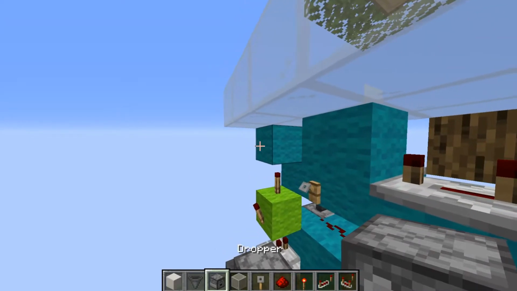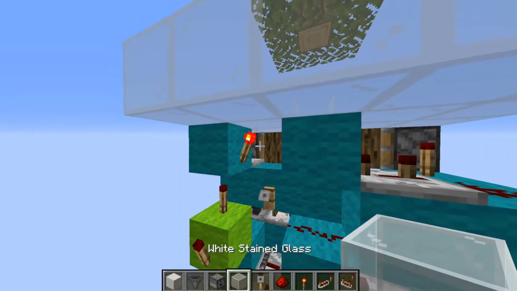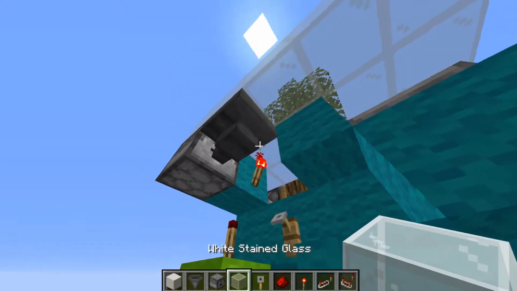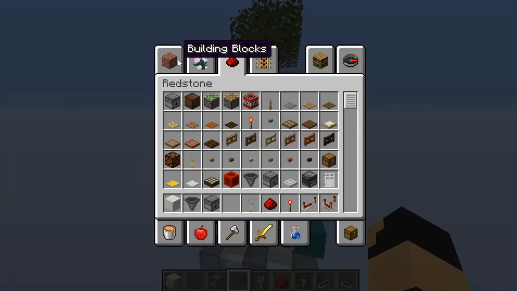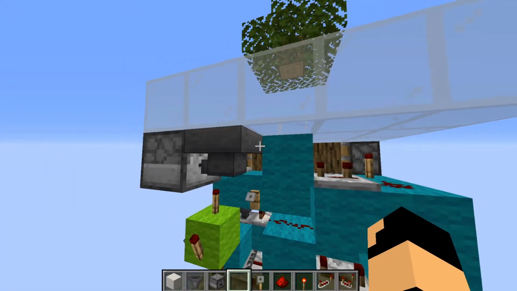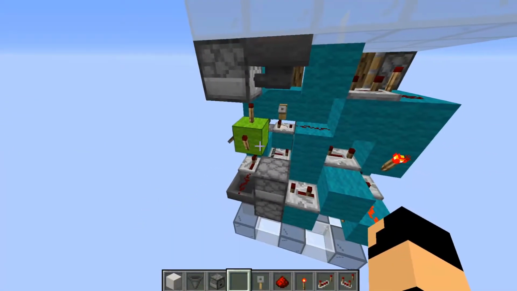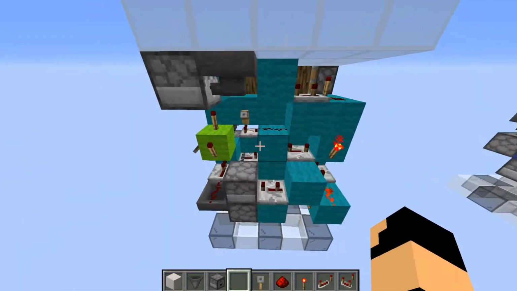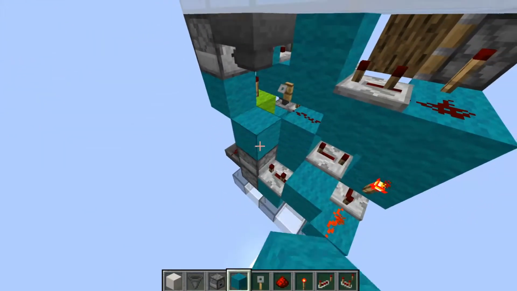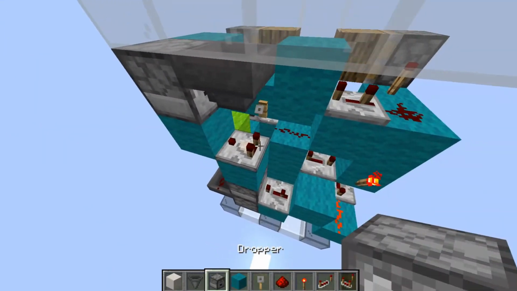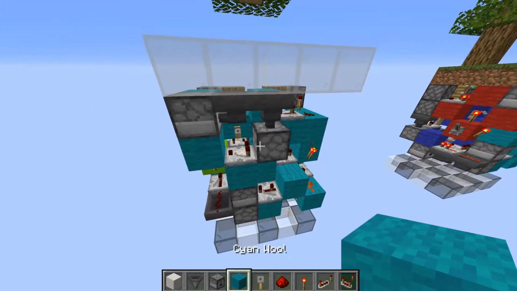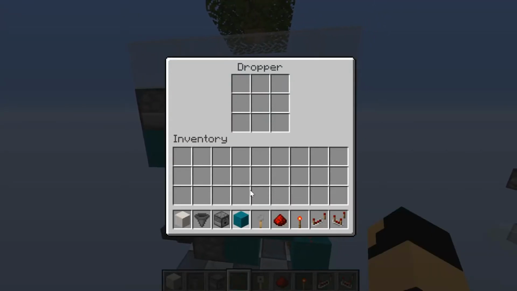So here we will have a torch right here, and here we will have a dropper and a hopper. This torch will lock this hopper, and inside that hopper we can put 2 items. So it basically serves as a counter. And we will power this dropper using another dropper hopper setup. It'll be a falling edge. So a dropper hopper like so, you can place an item into this